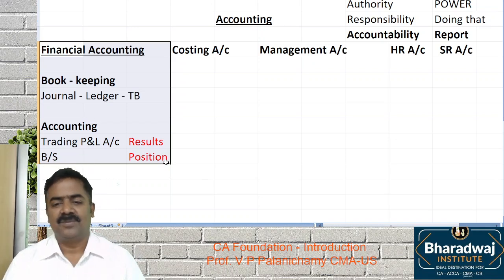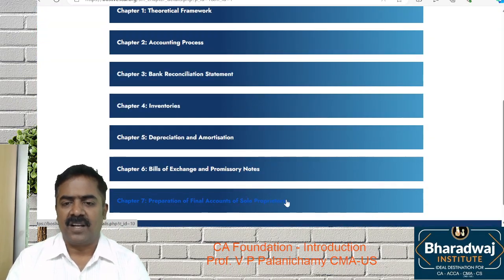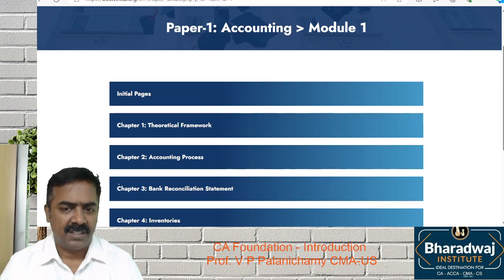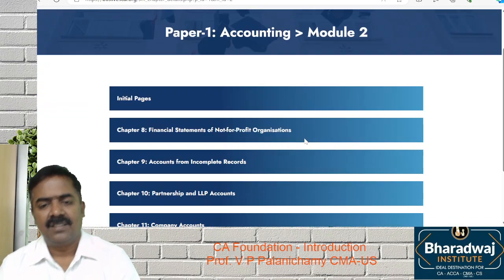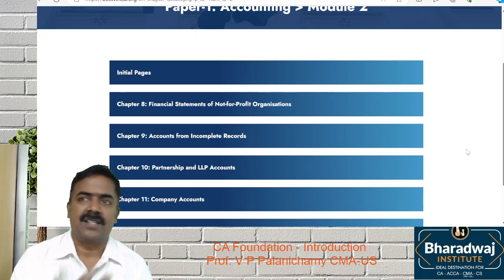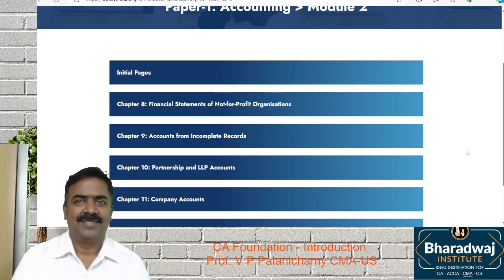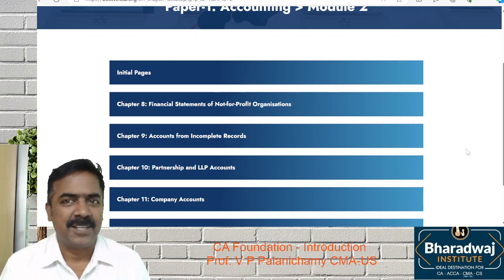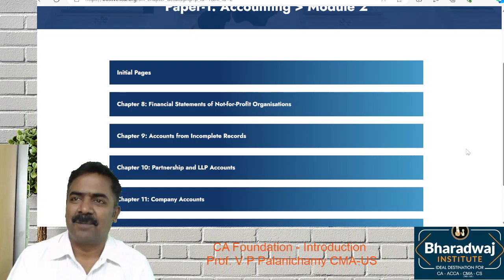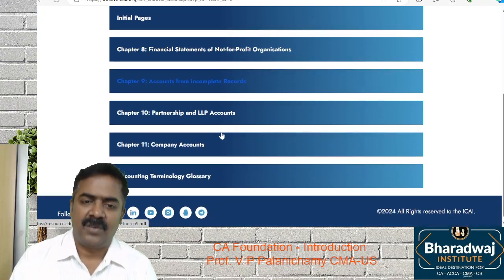This is what we are going to do, let it be module 1 or module 2. Look at this: preparation of final accounts of a sole trader. We prepare a trading and P&L account and a balance sheet. Even in module 2, final accounts of non-profit organizations, charities, trusts, and so on, we are going to prepare an income and expenditure account. Here it is the P&L account, there it is the income and expenditure account. Only the name is different. Then we find out, instead of profit or loss, what we call surplus or deficit. Similarly, single entry also we are going to convert into double entry and prepare profit and loss,